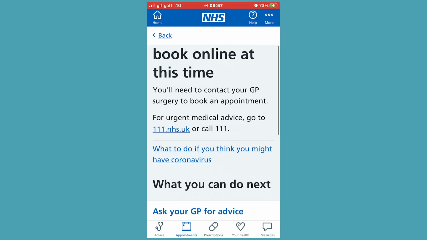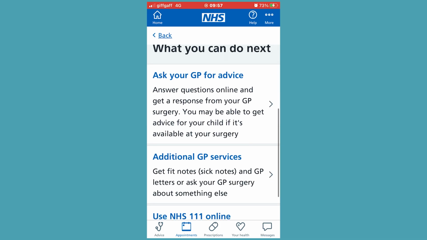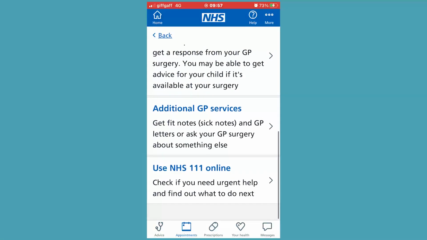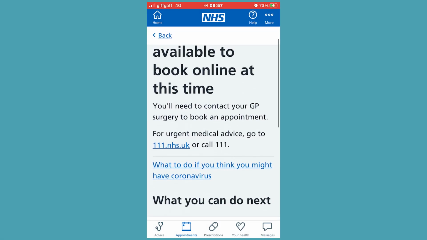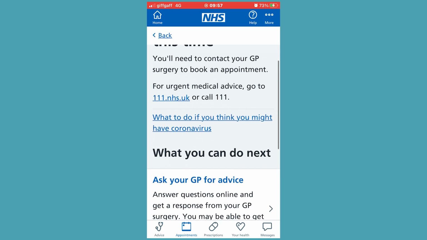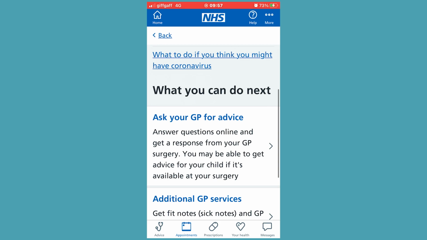If there were any available, then we would have to go through a little bit of a questionnaire where we are asked if we want to see a certain person or what kind of condition we may have. So we go through that and we can book an appointment suitable for the time and date that we are provided.